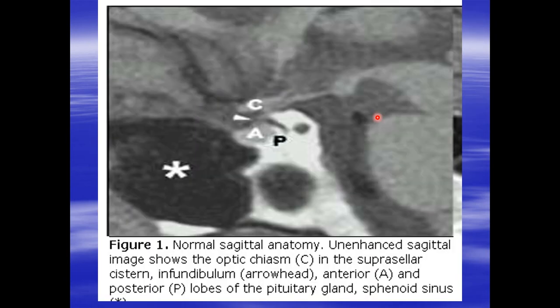Now, this is a sagittal section of the pituitary gland, and you can see the optic chiasm here, and the anterior and the posterior lobes of the pituitary gland. Keep in mind that the posterior lobe of the pituitary gland is always hyperintense on T1 weighted images. We call it the pituitary bright spot. It's a hyperintense T1 signal. That is the posterior lobe of the